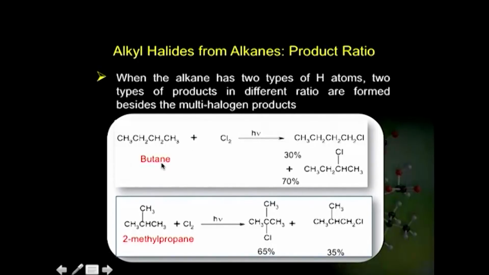Therefore, there is a possibility of formation of 2 products in different ratio. If we take this example, butane reacts with chlorine in presence of sunlight and gives 30% of the 1-chloro product and 70% of the one which is substituted at the second carbon. Similarly, 2-methyl propane reacts with chlorine and gives either substitution at the tertiary carbon or substitution at the primary carbon. So, we have to look for reasons why does it form 2 types of products and why are they formed